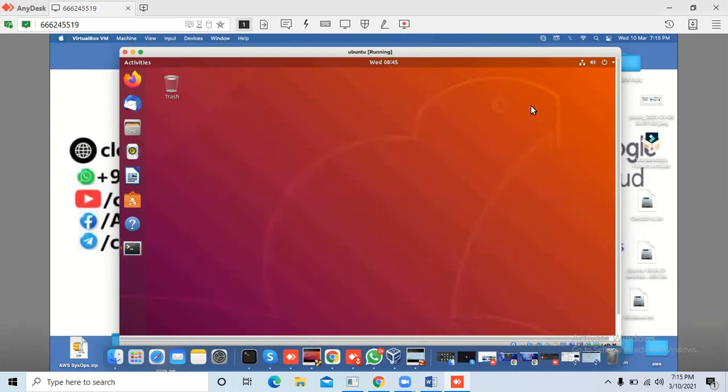So there are two ways: one is the sudoers file, and another is adding the user to the group. We also have one way to edit the gpasswd file, and we can add a user with gpasswd.